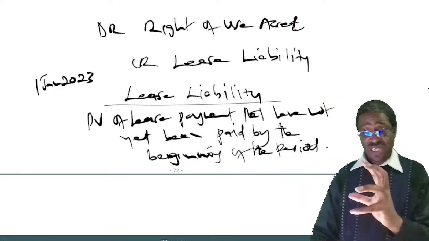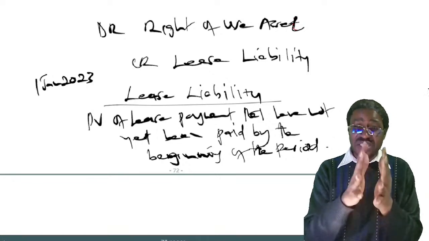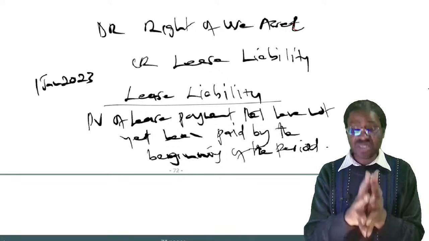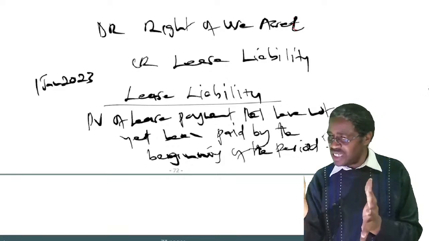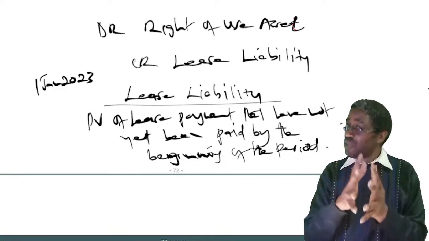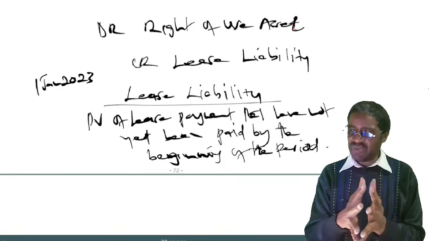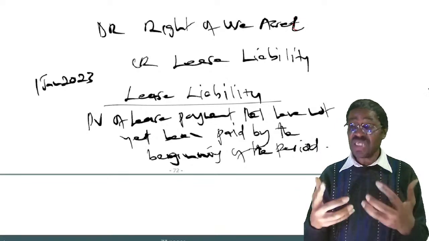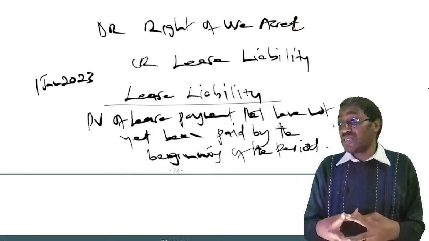Now, here I was signing an agreement on 1st January 2023, and I have said I'm going to pay these installments in arrears, meaning at the end of each year. It may be possible that you signed an agreement to pay the installments in advance. Meaning, if you are paying your installments in advance, then you pay the first one on the first day.